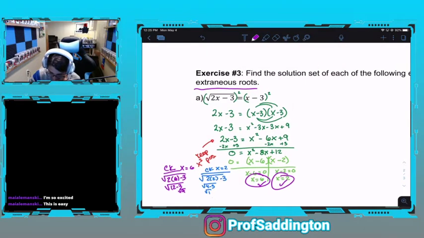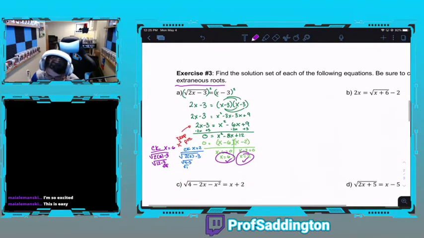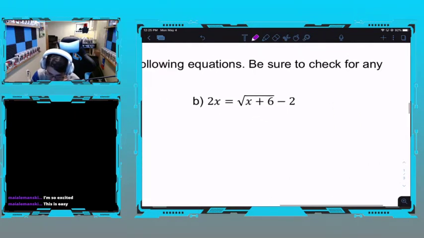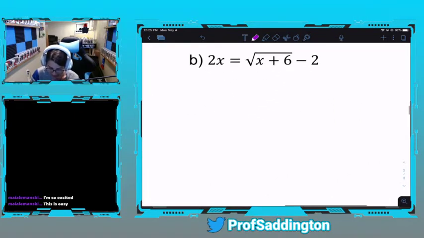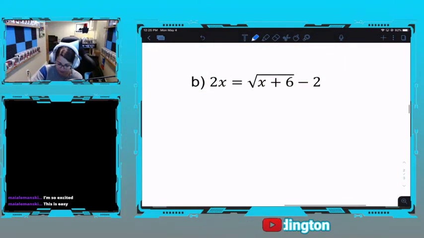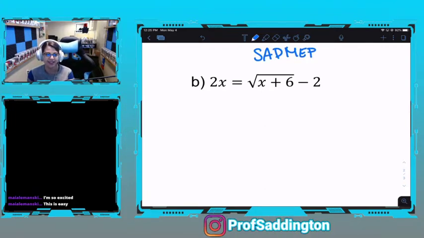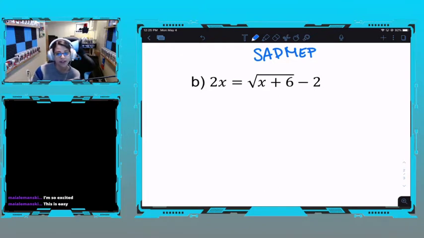Okay. So you want to make sure that you're not getting anything that's going to sketch you out. Okay. So let's practice solving another one. So this is a good example because we want to make sure we're still following SADMAP. Always, always, always. The last one, there wasn't anything to add or subtract away from the radical, but this one